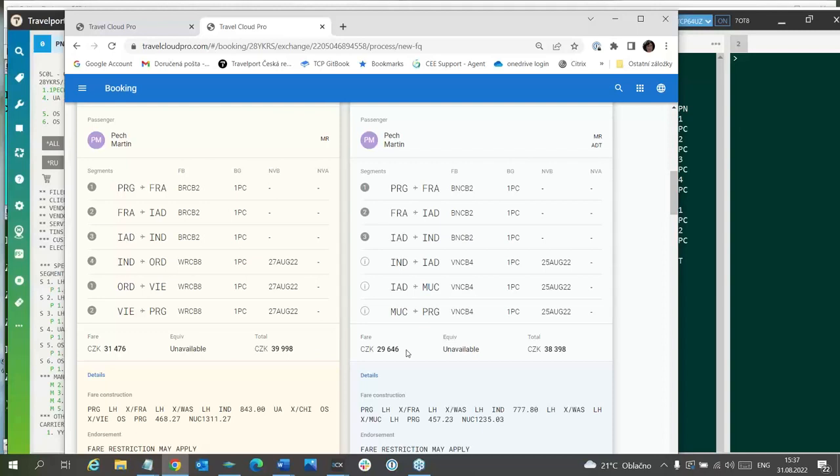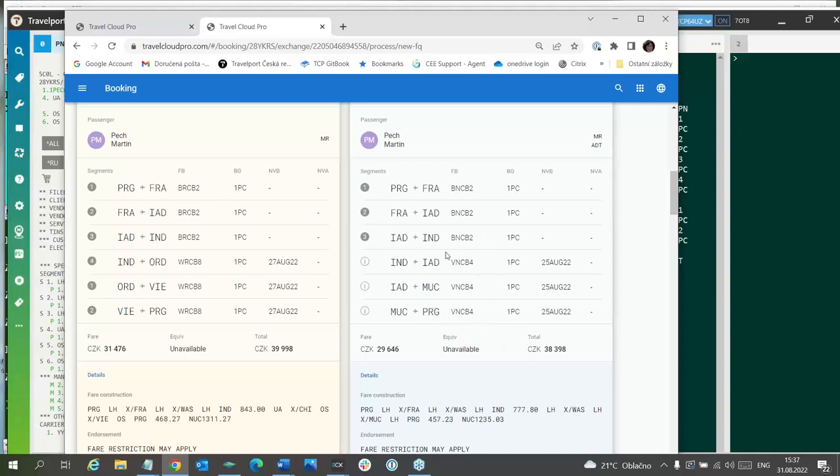When the fare is lower on the new fare calculation, it is always strange and it is important to check why. Sometimes it can be correct, but it is always important to check why I have a lower fare. So I have the fare with baggage, but a different fare family.